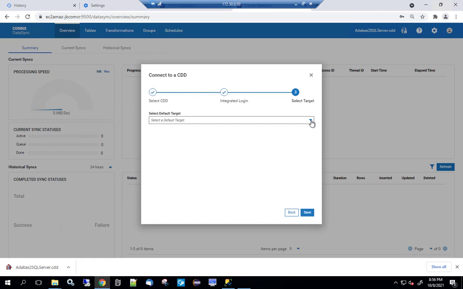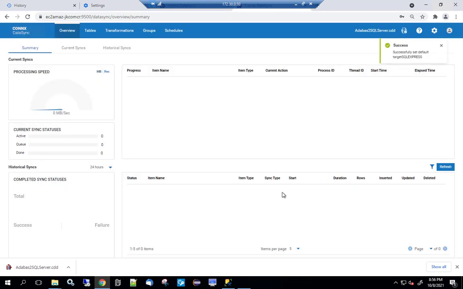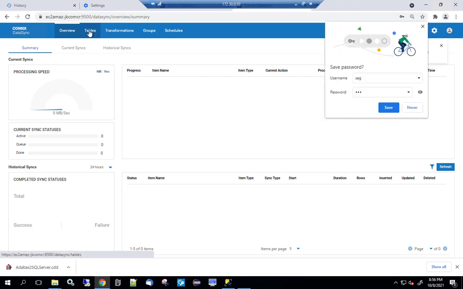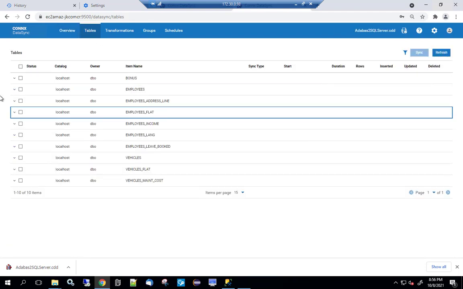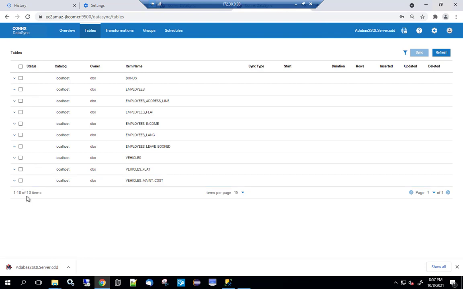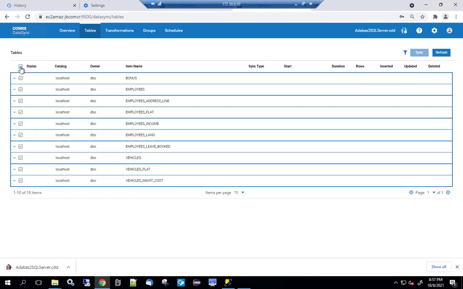Once we log in, we need to also check to see which database is our target. In this case, it's the SQL Server database. After we successfully logged in, we get a list of tables that are associated with that Cdd file. So from this step, you just select all of the tables that you would like to sync up, and we